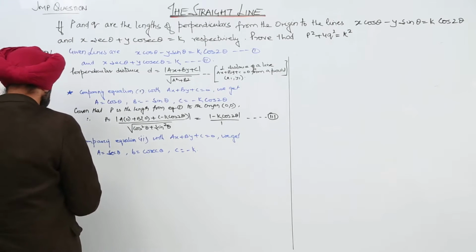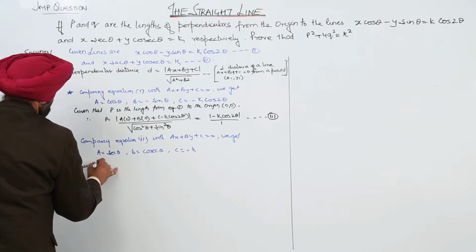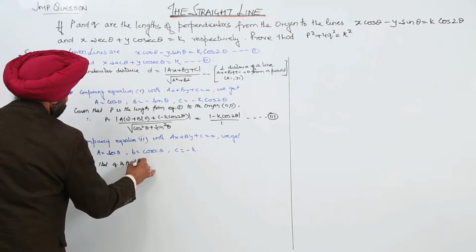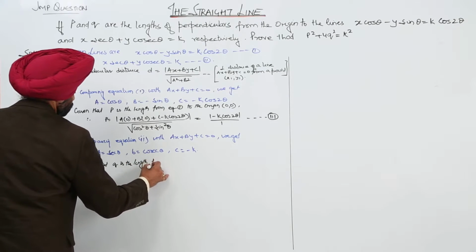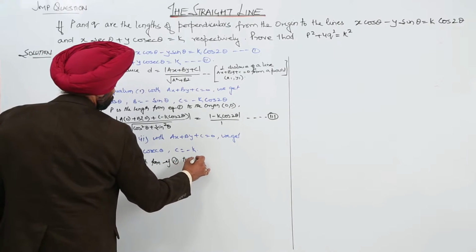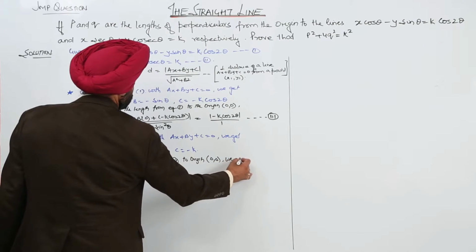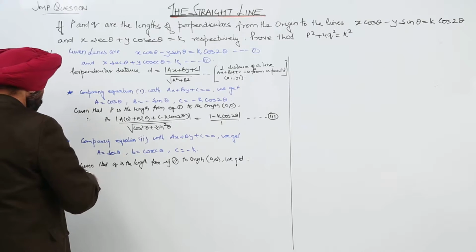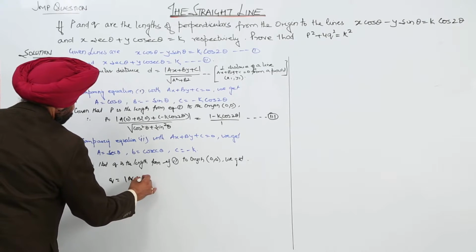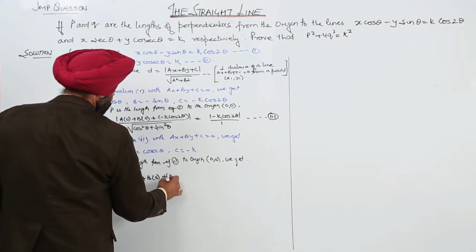Again, given that q is the length of the perpendicular from equation 2 to the origin, we get q is equal to a with 0, b with 0, plus negative of k,